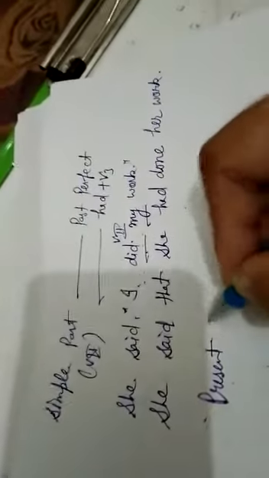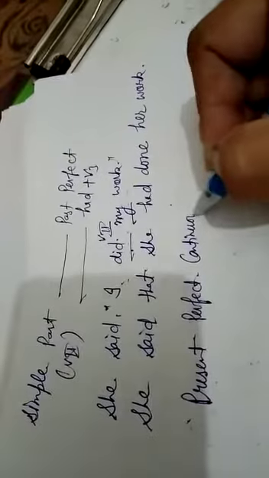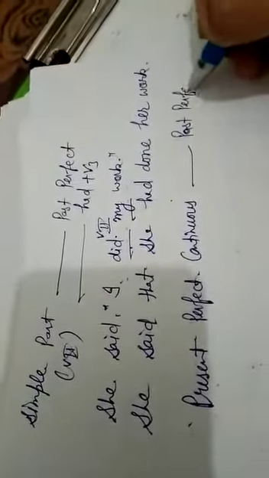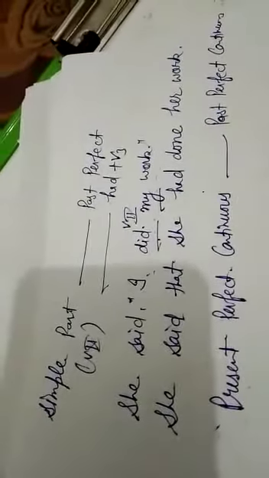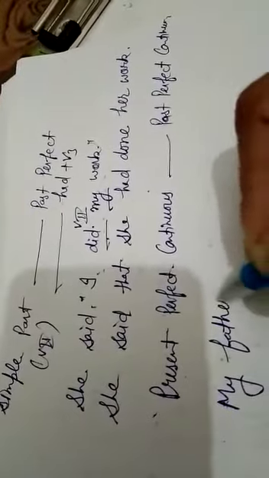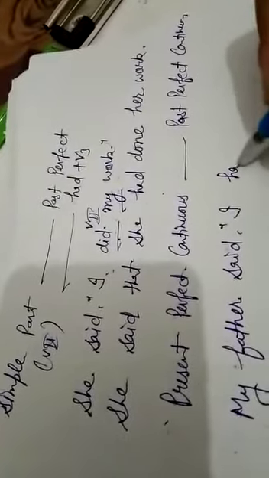Next rule is present perfect continuous changes into past perfect continuous. Present perfect continuous tense changes into past perfect continuous tense. For example, my father said, I have been